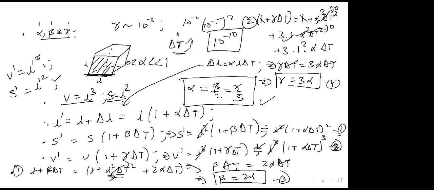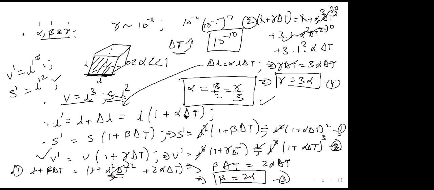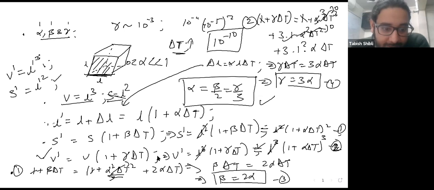सर मुझे एक्चुअली यहाँ से समझ में नहीं आया जो आपने किया है. v प्लस गामा डेल्टा टी, उसके बाद सर आपने दोनों तरफ क्यूब कैसे कर दिया? एक मिनट फिर से बोलना, कहाँ पे? सर जो ये v डैश इक्वल्स एल क्यूब प्लस 1 प्लस गामा डेल्टा टी. Yes, here this. ये समझ नहीं आया, ये कैसे आया? ये तो समझ में आया सर, मतलब RHS में क्यूब कैसे होगी ये बताओ।